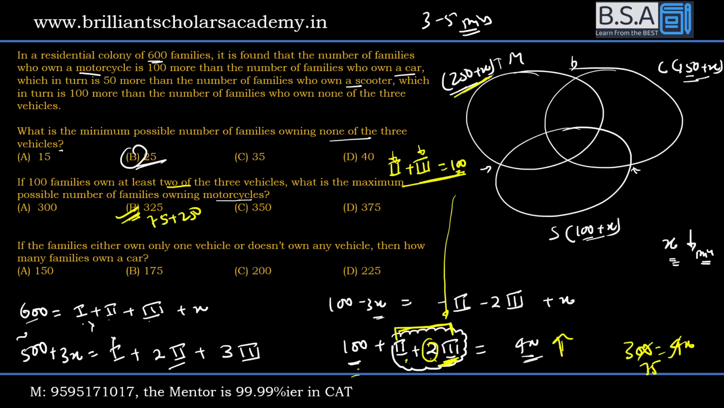Moving on. If the families either own one vehicle or doesn't own any vehicle, होगा तो एक vehicle होगा, नहीं तो कोई vehicle नहीं होगा। मतलब रीजन 2 रीजन 3 ऑलरेडी 0 है। तो क्वेश्चन ये है, हाउ मेनी फैमिलीज ओन अ कार। आपने देखो यहां पर भी रीजन 2 रीजन 3 0 करके ही सॉल्व किया था। Families either own one vehicle or they do not own any vehicle,